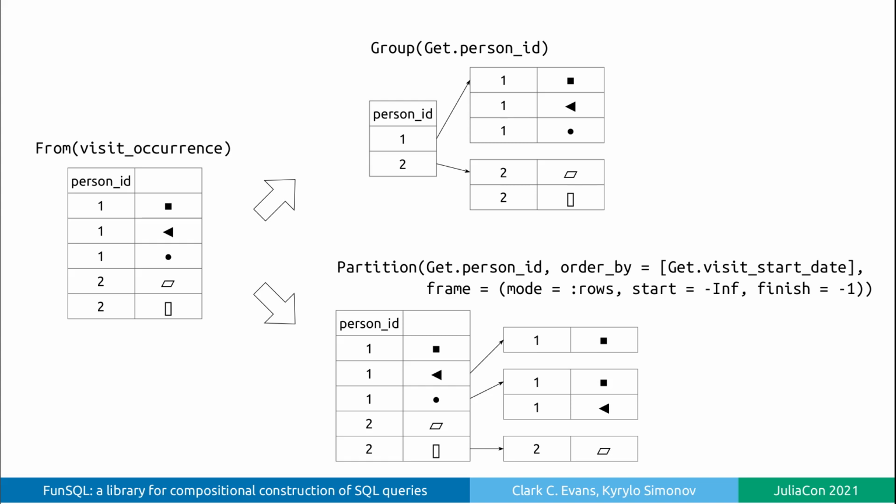Partition does not change the dataset, but instead associates with each row a collection of related rows according to the window specification. In a way, we could think of partition as a cumulative group operator. In both cases, we get a dataset where each row has a collection of other elements associated with it. The aggregate function acts on this collection without regard as to how it was generated, whether by group or by partition, and the produced result matches a regular aggregate function or a window function. That's the reason why we use the same notation for both.